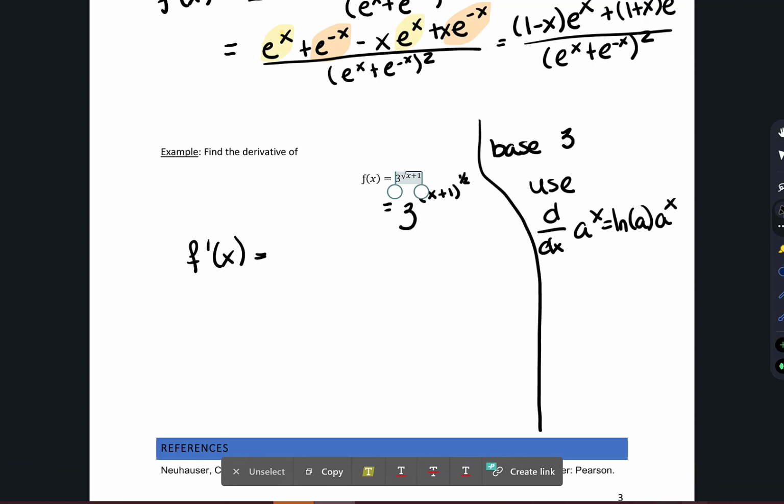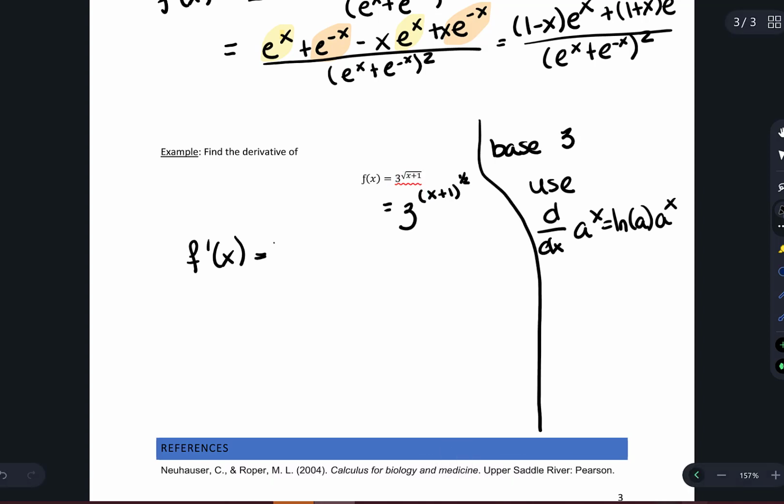So here, our a is equal to 3, and we don't just have x, we have a function of x. So this derivative is going to be equal to the natural log of 3 times 3 to the x plus 1 to the 1/2, but since we have a function in the exponent,